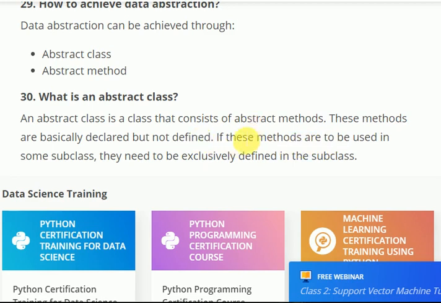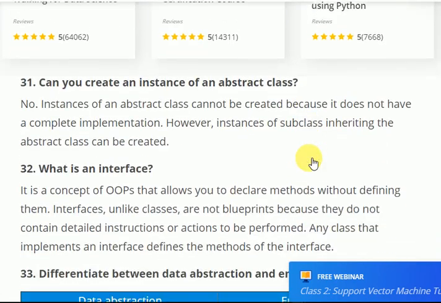Now these abstract classes are inherited by some subclass, and it is the responsibility of those subclasses to redefine those methods. If these methods are to be used in some subclass, they need to be explicitly defined in the subclass.